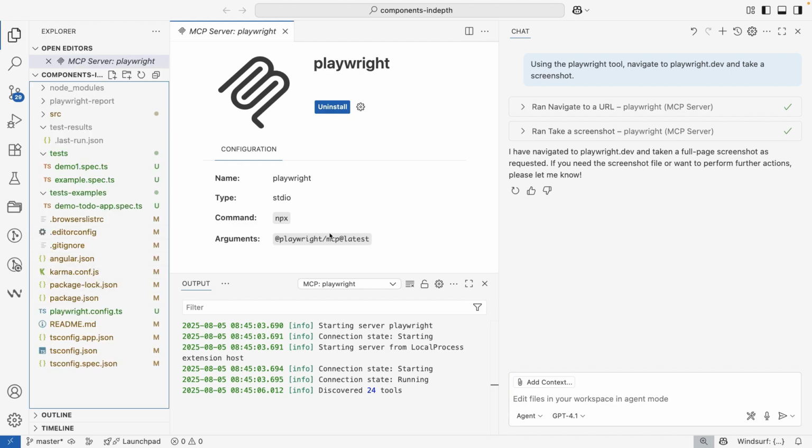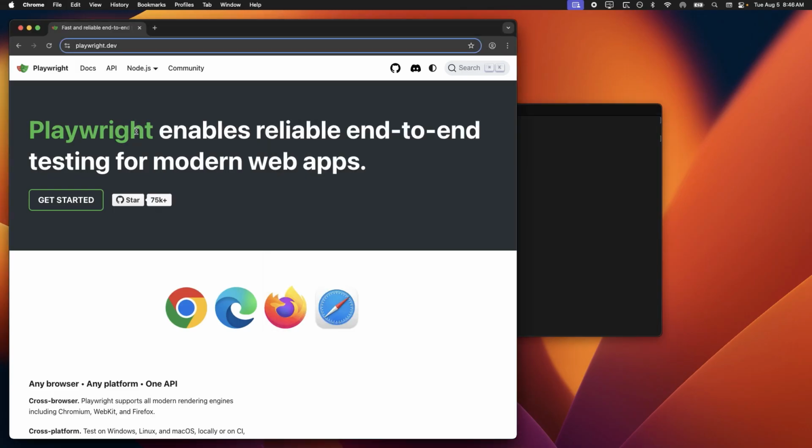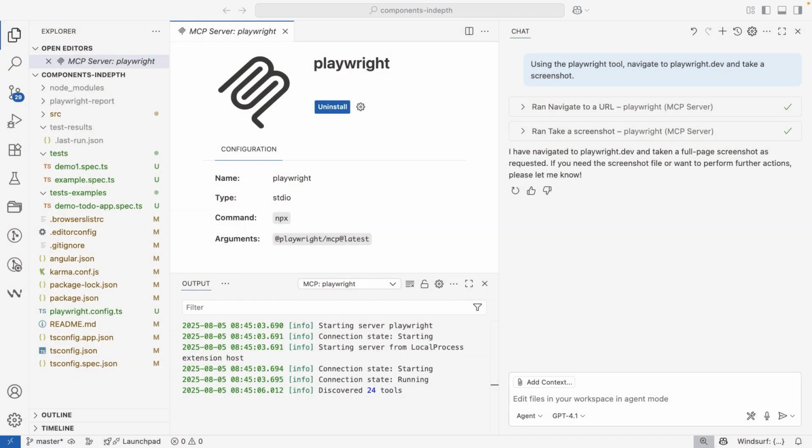So we need to update the command that we saw here, the prompt that we typed before. So let me get the updated prompt. Let me close the browser here, and the updated prompt that I have